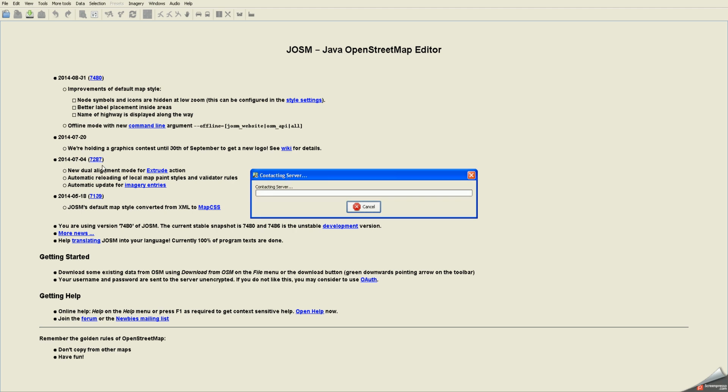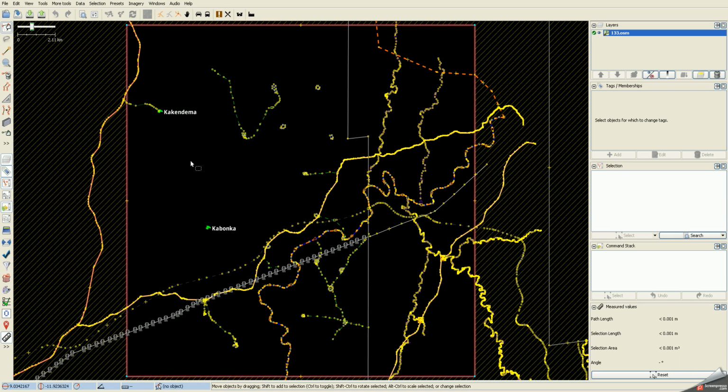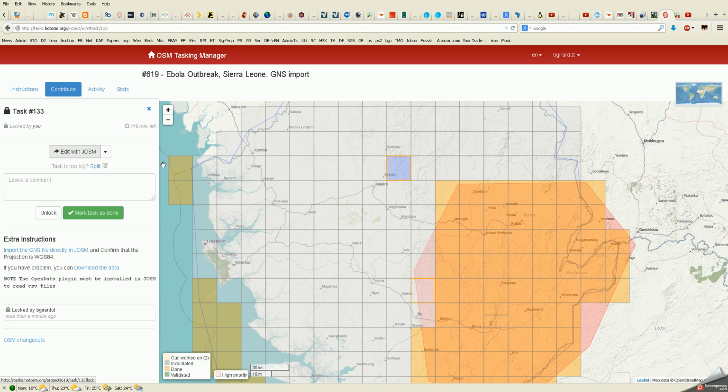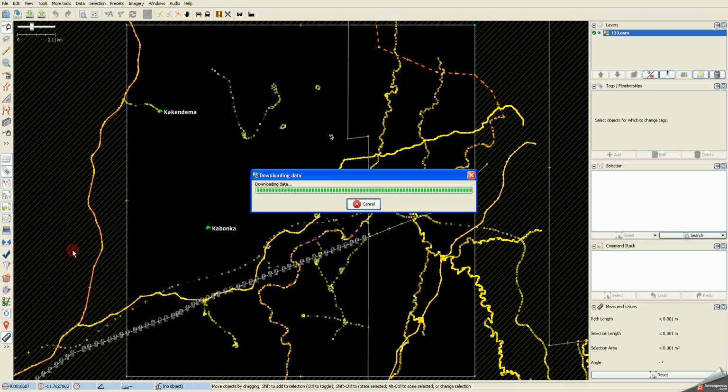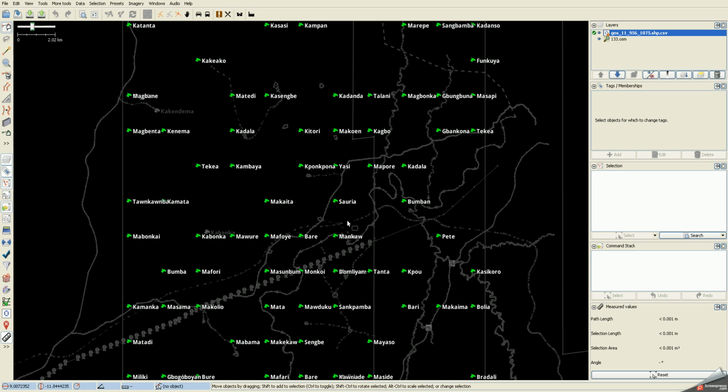This is just like you've probably done before. And this puts my data layer here at the top in JOSM. And then I switch back to the task and I click on import the GNS file directly in JOSM. And so if I click on that, you always have to confirm that it's WGS84 geographic. So far every single one has been, so I just say OK, and it downloads the data